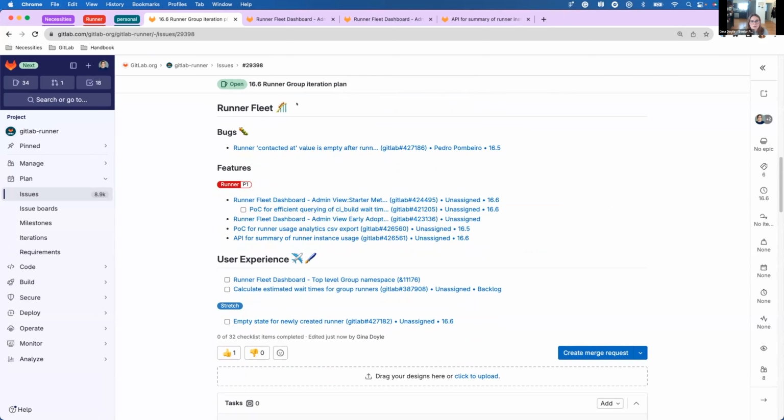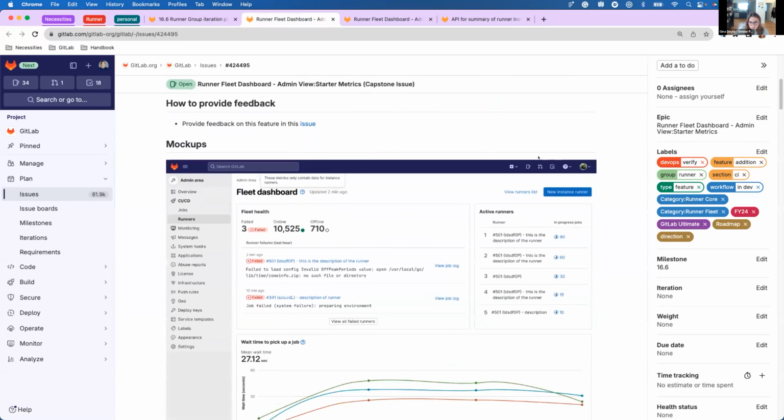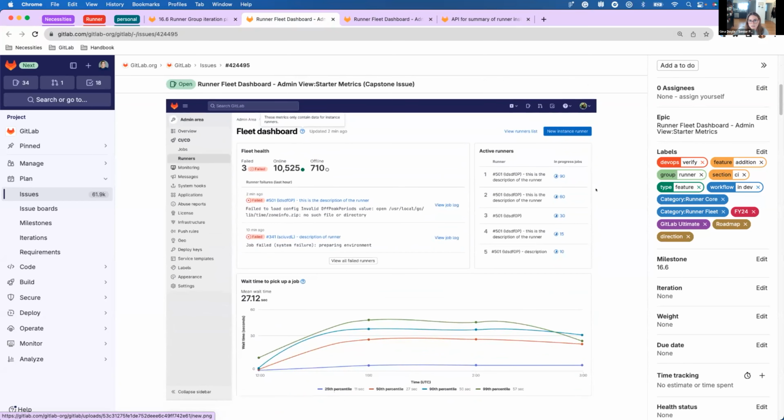So I can just give you a quick overview. One thing that we are a bit ahead of schedule for actually is the release of our runner fleet dashboard for the admin view, which is super exciting. We were able to finish up the final panel on that dashboard, which is providing your wait time metrics over the past 3 hours for your instance runners. And now that we have that finished up, we will be releasing the dashboard in 16.6, so we'll remove the